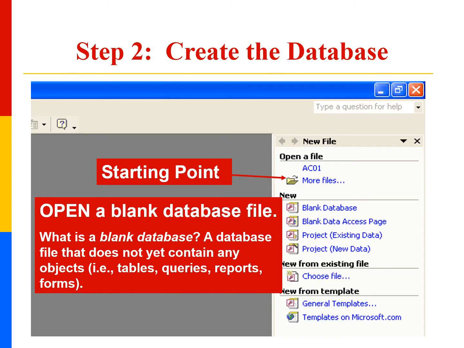Second step is creation of the database. So this is a screenshot of an MS Access database. Here, first of all, you have to select the blank database option.